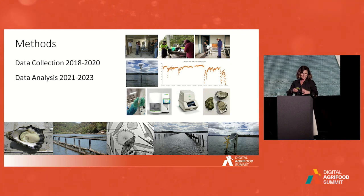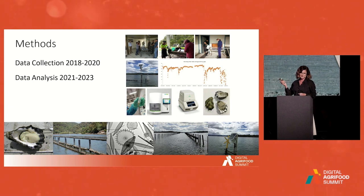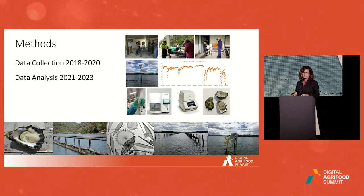We then brought this data back into the lab, and we've been going through a 2-year data analysis stage. We also deployed oysters in each of those estuaries, and we measured them for growth and mortality over that 2-year period. There's a video now that...